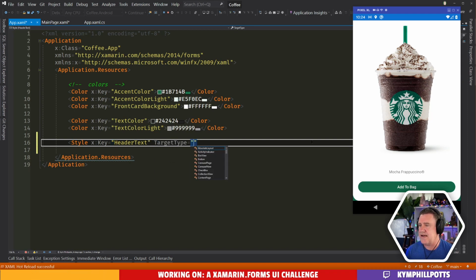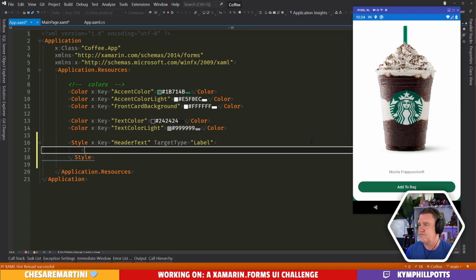We'll target a label. Put in some setters for the font family. So we're going to want this to be a value of, what do we call it?